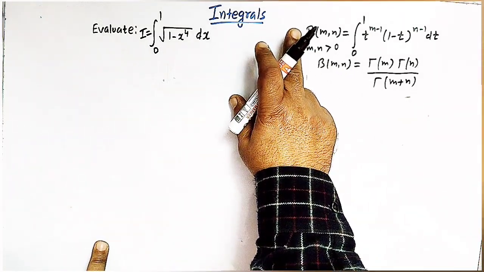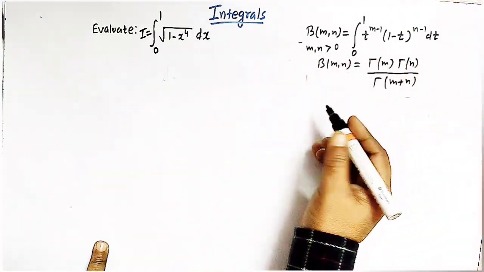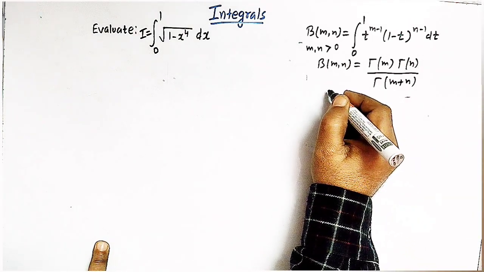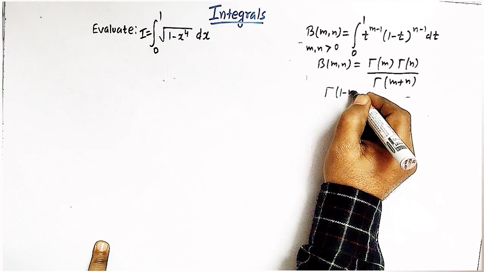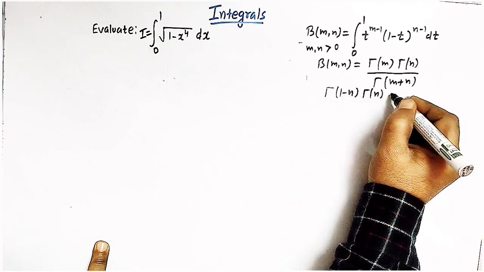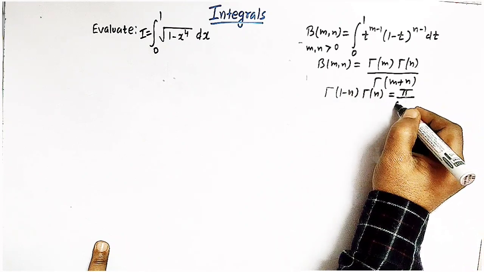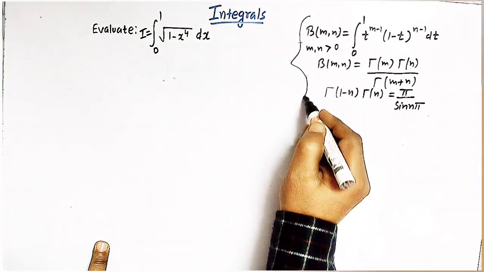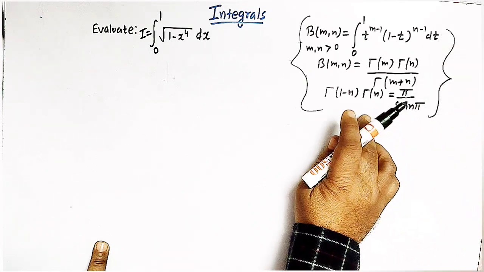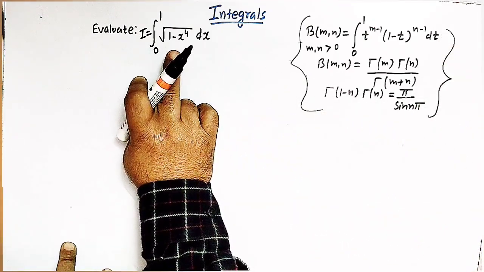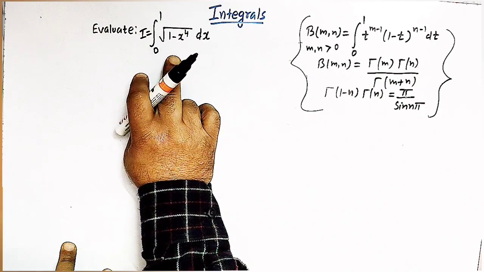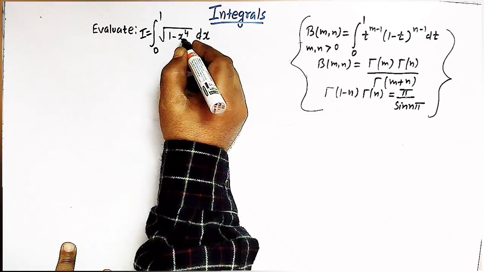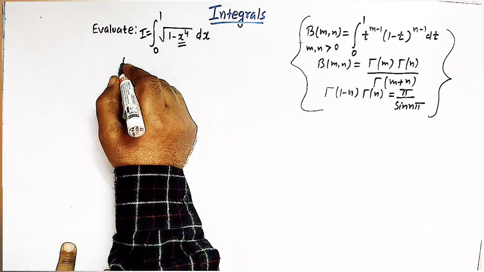So apart from these two important results, we'll also make use of the famous Euler's reflection formula, that is gamma(1 minus n) times gamma(n) is equal to pi divided by sine(n pi), right? So these three important results are to be used while solving this integral, right? So let us first convert this integral into the beta function by making this substitution, that is x raised to